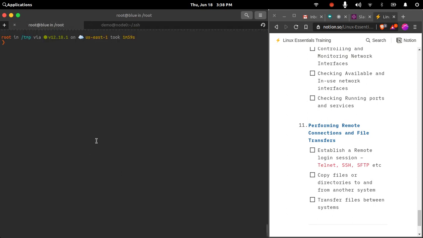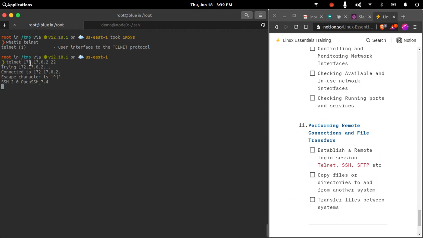Now we will see telnet. What is telnet? Telnet is a utility to check the connection to a remote system on a particular port. Let's say I want to check this IP address, which is the container IP address, on port 22. I know that port 22 is open and it is currently used by SSH.